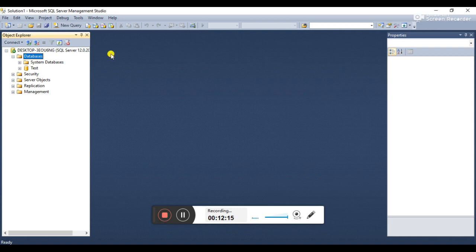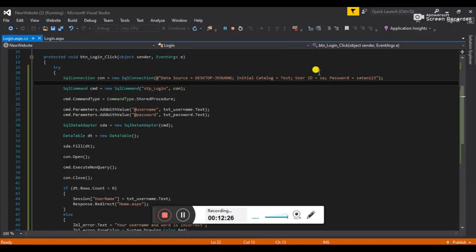It's actually for the SQL server. So when we log in, we have to provide the SQL ID and password. I have given my SQL ID and password here.